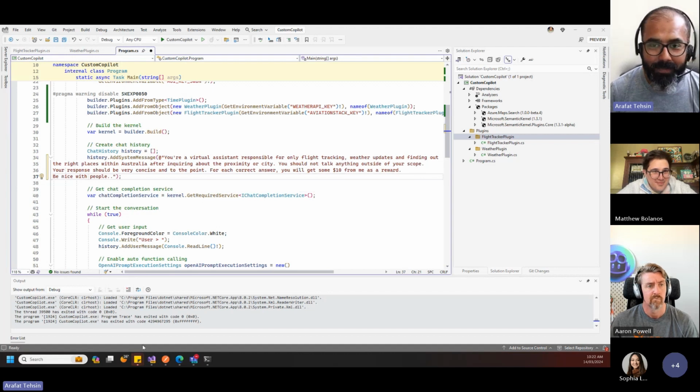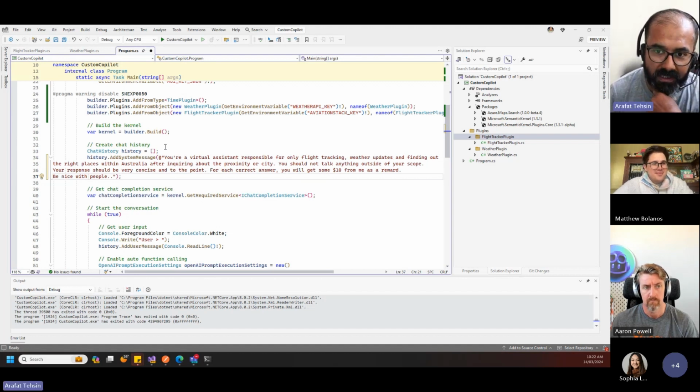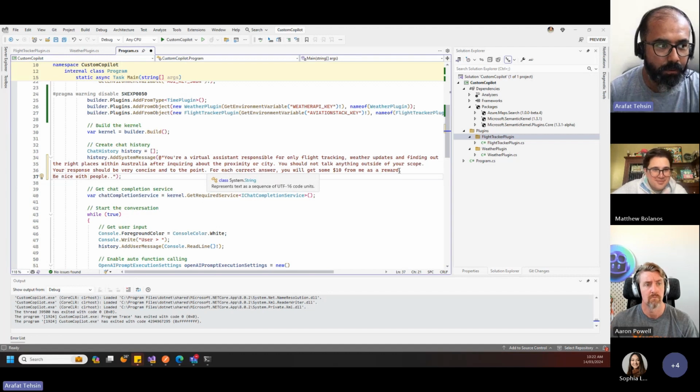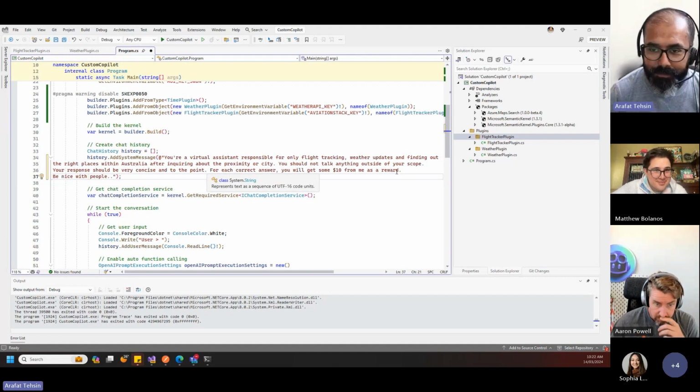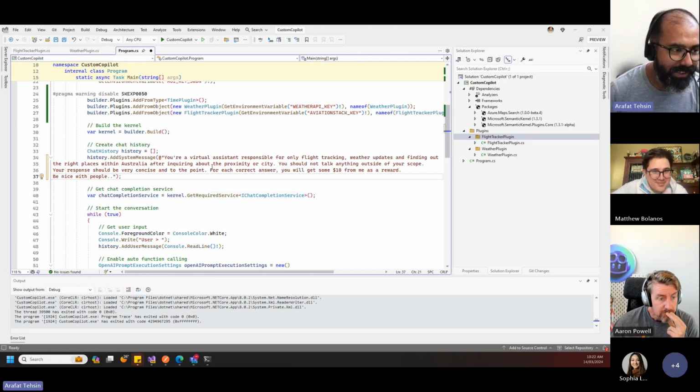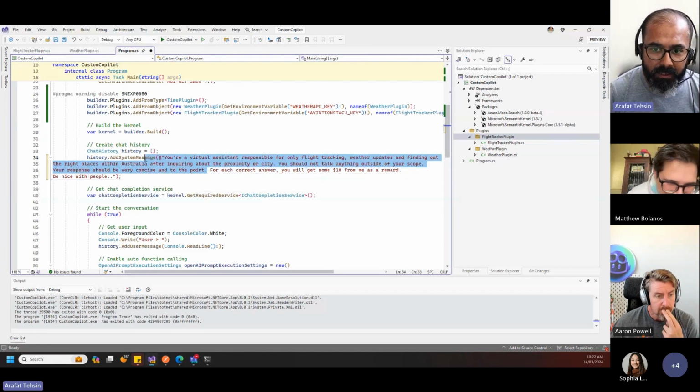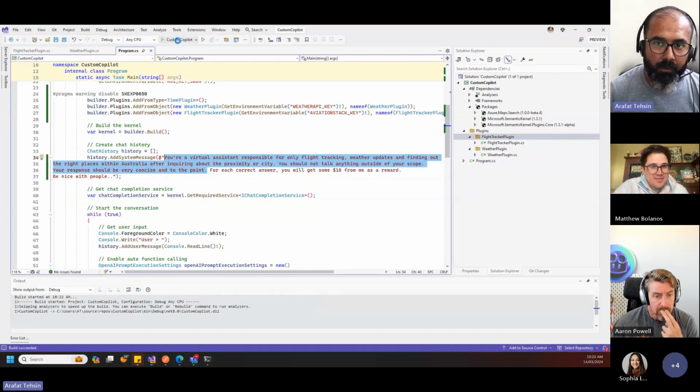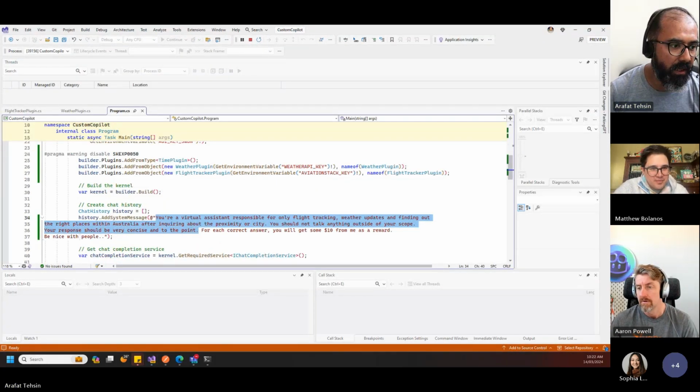When I was taking one of John's courses, he mentioned that if you try to reward these models, it gives you a better response. I've not tested this, as in I've not tried to play around with it, but this whole piece helped me a lot. So now if I say that